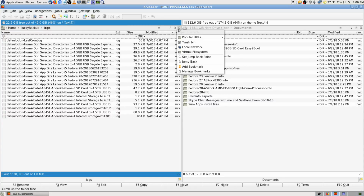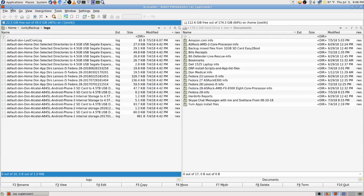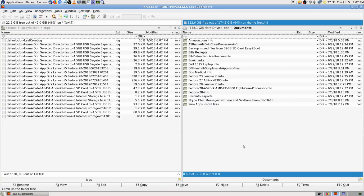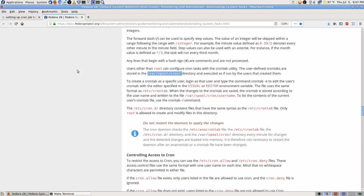I wonder if I can, you can bookmark folders, so I'm going to bookmark that, but that'll only be for root user, but that's fine. I'll stay in that log folder. Well, I can click over there. Let's click over there. If I deleted the log, it wouldn't be the end of the world by accident. Okay, so